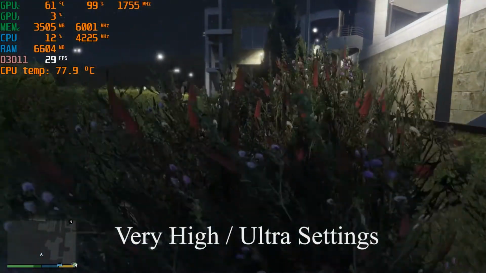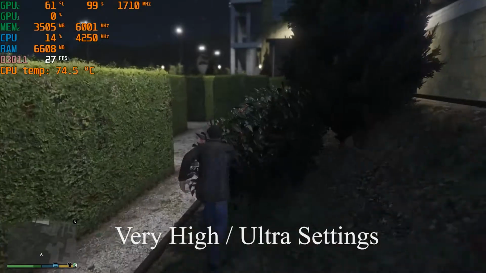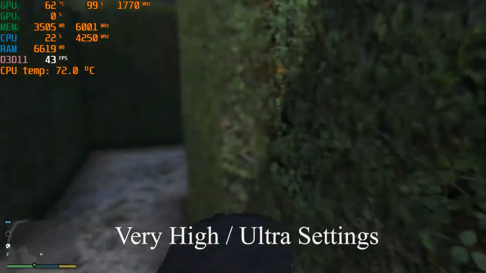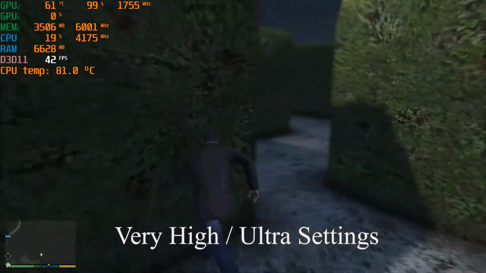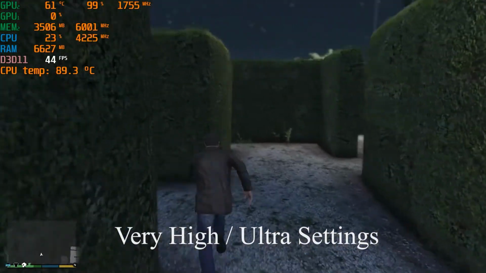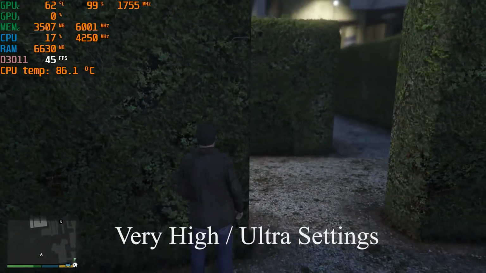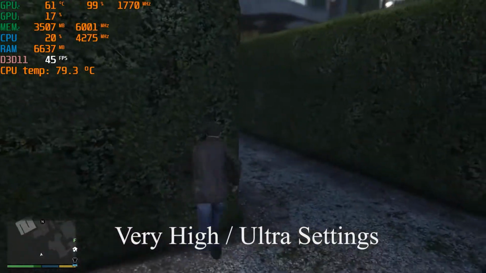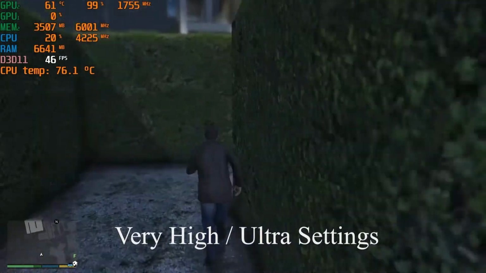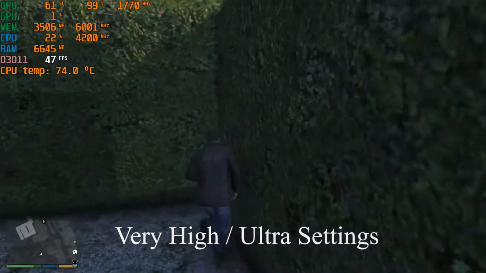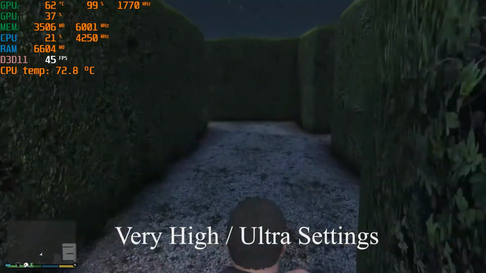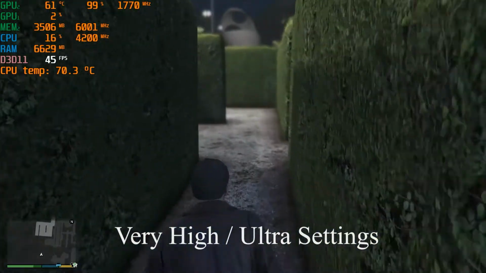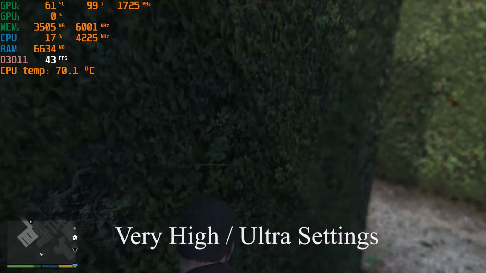One thing I am going to tell you, that the Ryzen 7 4800H can boost up to 4.2 GHz, but I can see that it is boosting up to 4.3 GHz, so I don't know how it can be done. I think the MSI Afterburner is not designed for the newest AMD Ryzen 7 4000 series, so I think it is showing wrong results. If you know the answer, please let me know in the comments below.